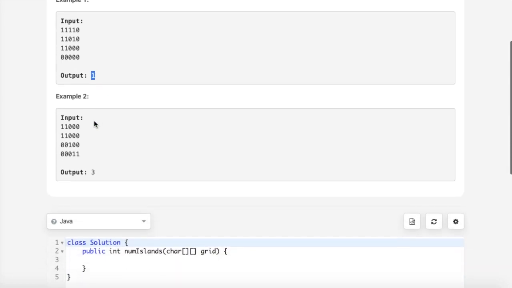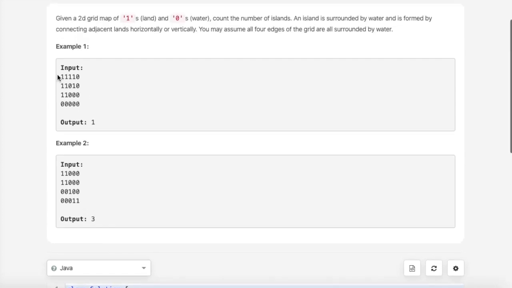Okay, let's take this example, where the count is 3. Let's first see why the count is 1 here. So this 1 forms an island, right? Along these right ones, everything gets connected because it's on the right of it, I mean horizontal to it. And this one and the below one also get connected because it is vertical to it.